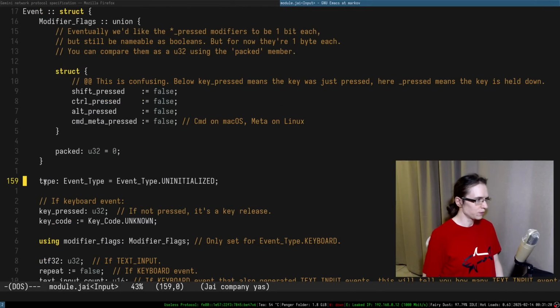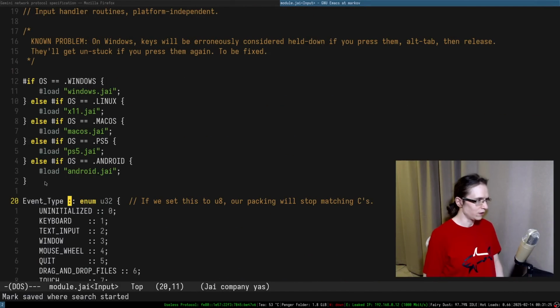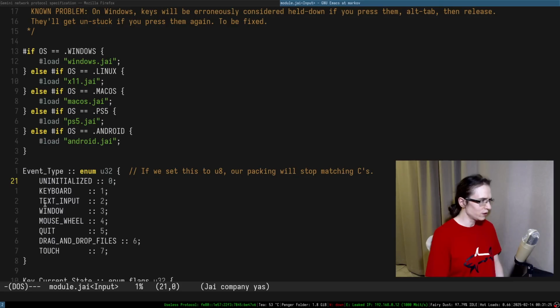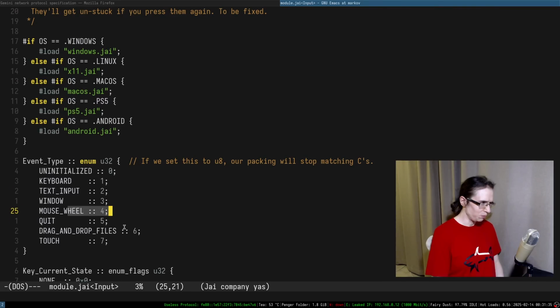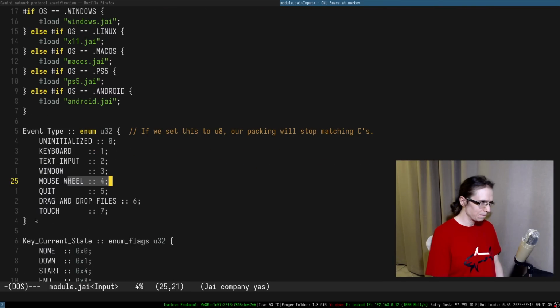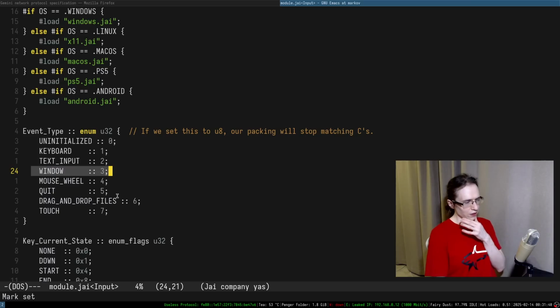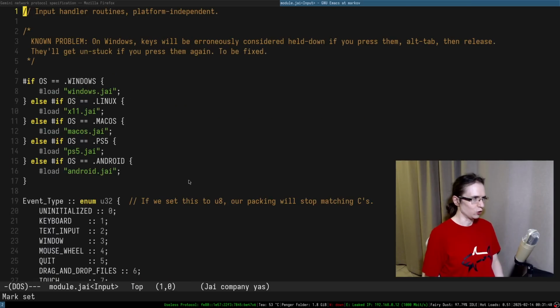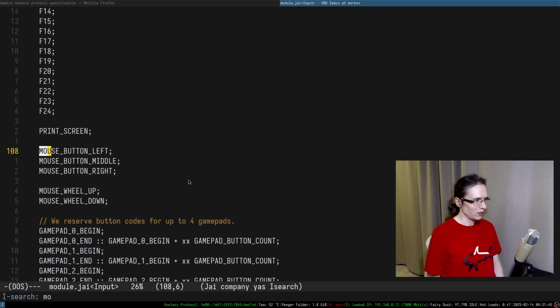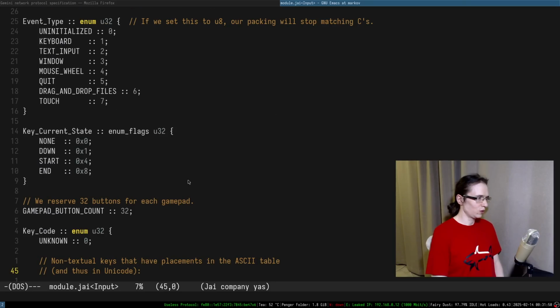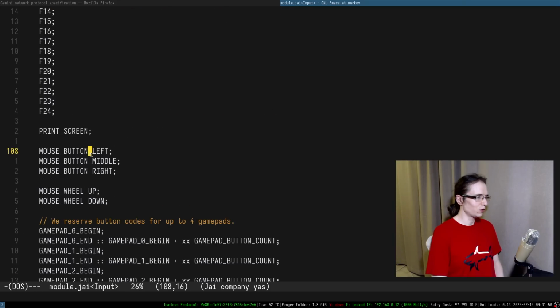So type. Let's take a look at the event type. There's a keyboard, text input, mouse wheel. Mouse, yeah, that's a bit annoying because there's a mouse wheel, but there's no mouse click. There's no click in here per se. So I don't know how you detect that. Okay, so there's a key code, it's a mouse, but